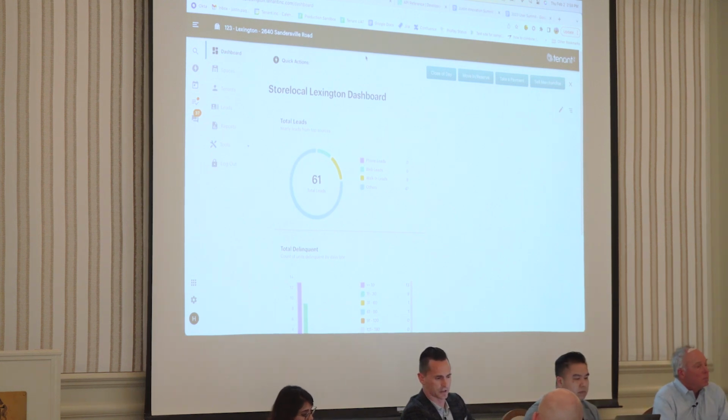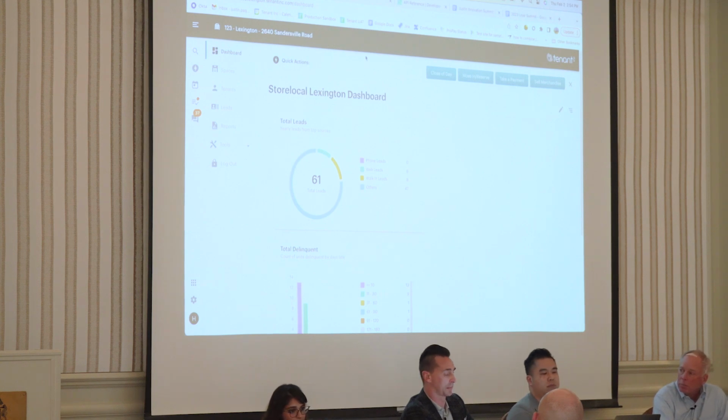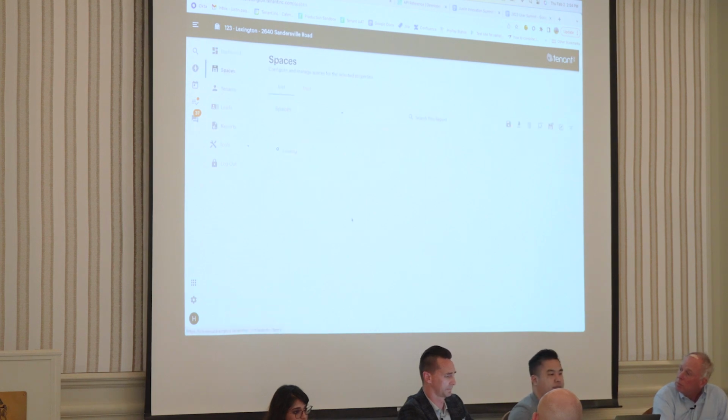So the first feature I'm going to touch on is property maps. They're a great tool to visualize the overall health of your property and help you perform your daily management tasks. Our friends at Store Local Lexington were kind enough to allow us to use their Hummingbird instance to show this. So if I go and look at my spaces list here,